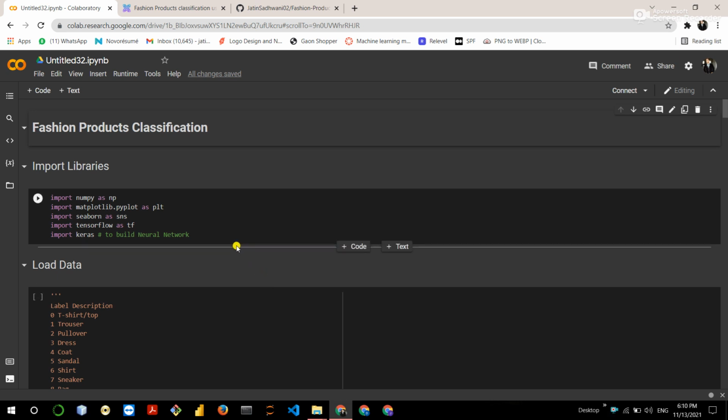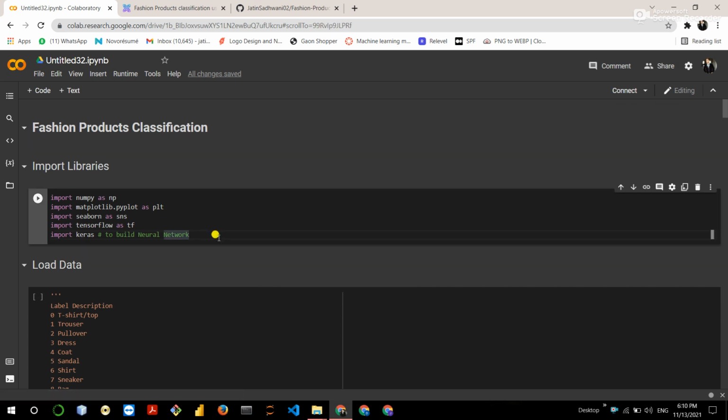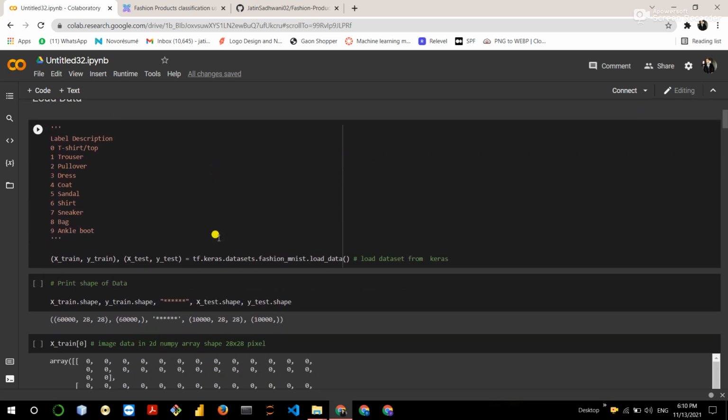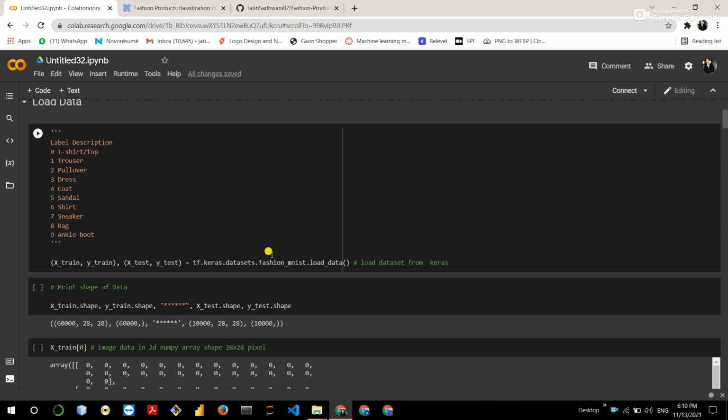First of all, import all the required libraries like NumPy, Pandas, TensorFlow, etc. These libraries are used to implement the CNN model which classifies the clothes. Then now load the dataset, which is available in tensorflow.keras.datasets. After loading the dataset, it returns four datasets: xtrain, ytrain, xtest and ytest.